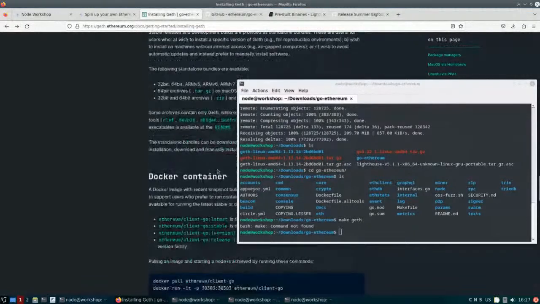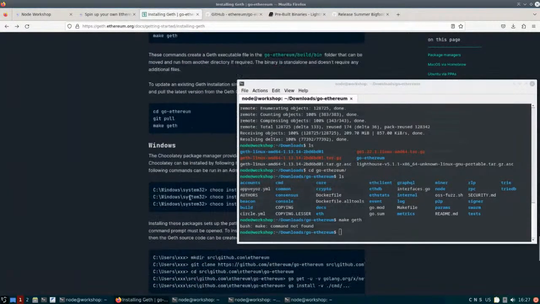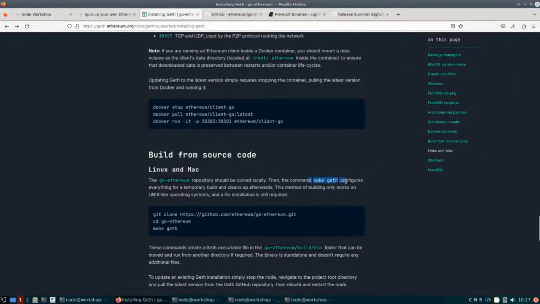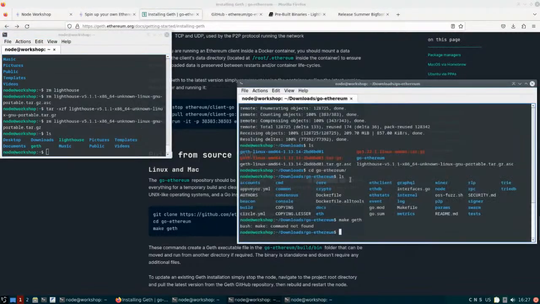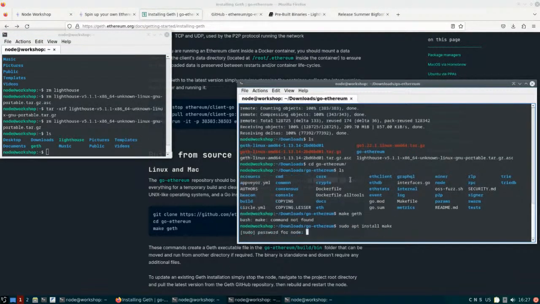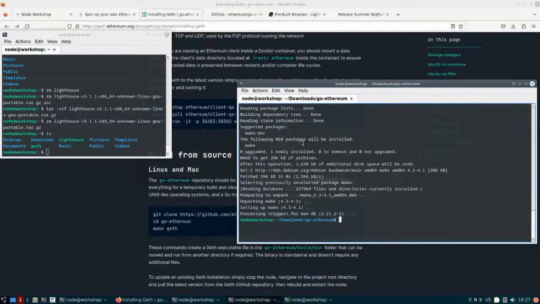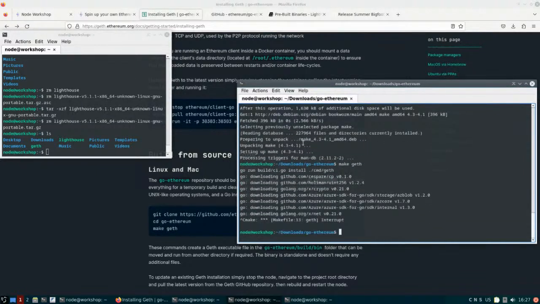Windows, FreeBSD, Docker, both from source. Yeah, doesn't mention all the dependencies. Yeah, I don't have the make command anyway. But I believe I have Go. Yeah, so it's working. It's still getting a bunch of other packages. But I just wanted to show you that when I say make geth, it's going to compile geth as